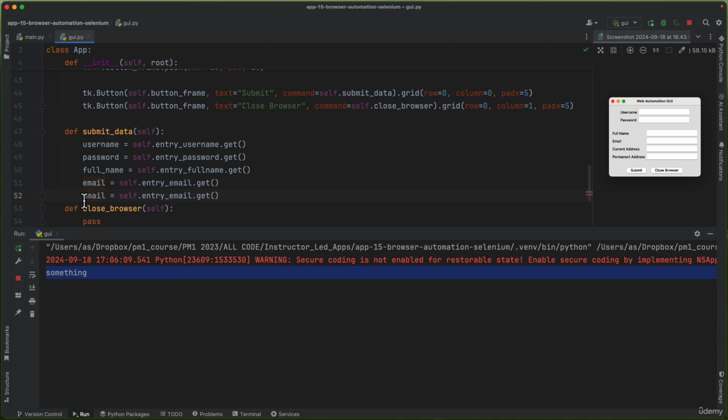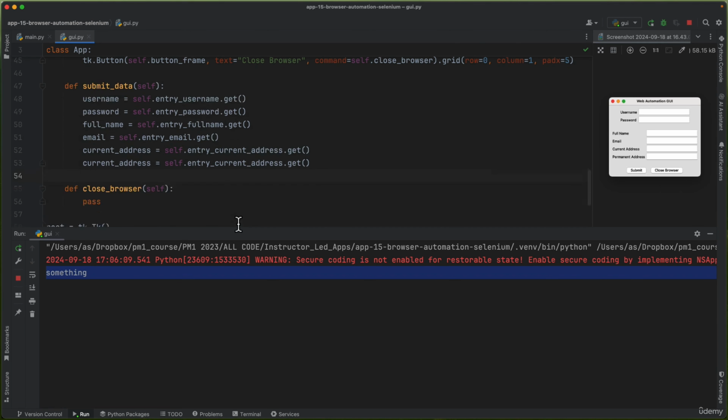And then we have current address, entry_current_address, and lastly we have permanent address, entry_permanent_address. And then once we have these strings, this text, the fields entered by the user, we want